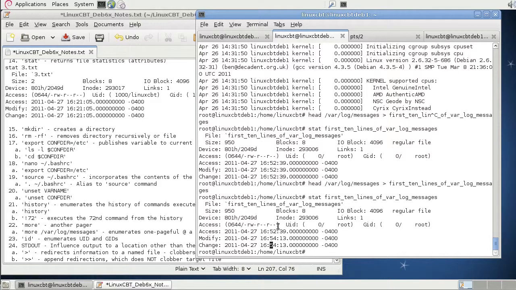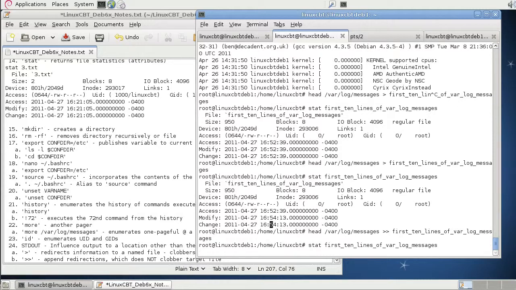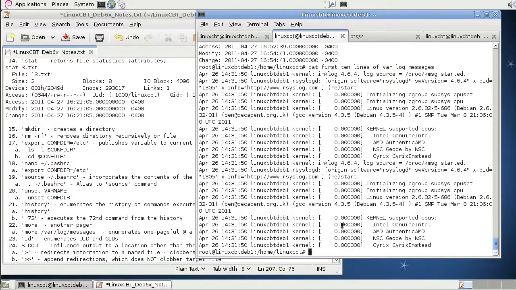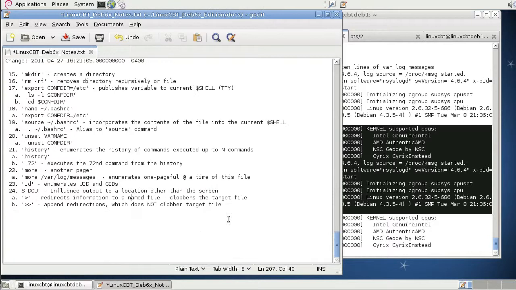So a single greater than symbol clobbers the target file, whereas a double greater than symbol appends to the file, beginning with the first free line or at the end of any existing data. So for example, double greater than symbol, and now when we take a look at the file, well, first of all, the file is now much larger. Instead of 950 bytes, it's double. It's 1900 bytes because the data are the same. And then when we cat the contents of the first 10 lines, it's no longer just the first 10 lines, although it really contains 2 copies of the first 10 lines, which leads us to another useful command, and that is